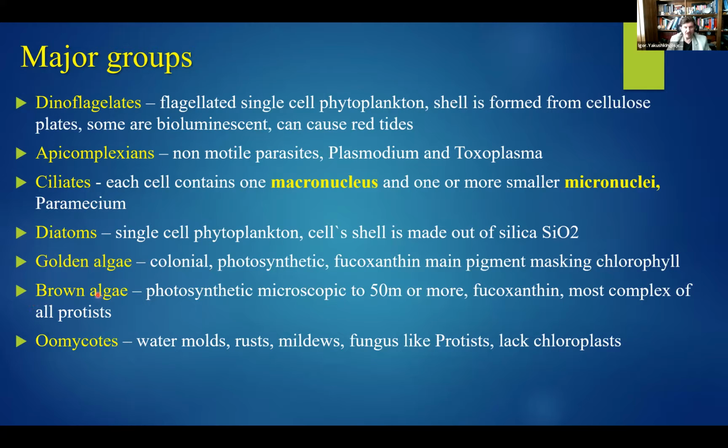Then there is a brown algae. Some of them are multicellular and much longer, you see 50 meters, it's about 150 or so feet. Fucoxanthin also masks the chlorophyll, and that's considered to be one of the most complex. Sometimes it's referred to as the algae. There is algology, which is the science talking about the algae. And then there are oomycetes,